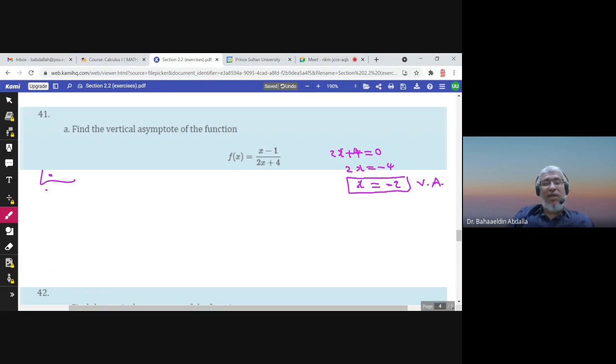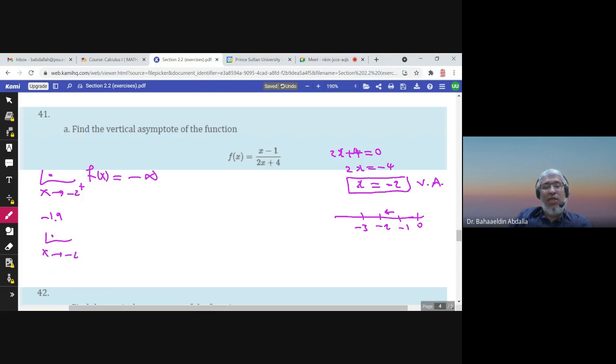Let us check that. Let us find the limit when x approaches -2 from the right of f of x. Well, this is -2. And here we have -1, 0. And here we have -3. If you approach -2 from the right, okay, I will use, for example, -1.9. Replace x by -1.9. The numerator is negative. 2 times -1.9 plus 4 would be positive. Negative over positive is negative. So the limit when x approaches -2 from the right would be negative, while the limit when x approaches -2 from the left,